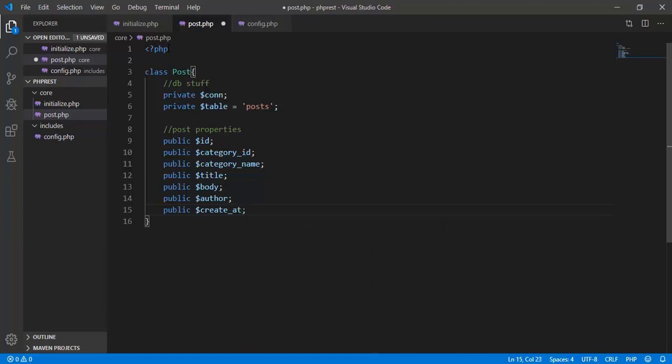So there you go. And of course, we need to initialize this particular class by using the constructor